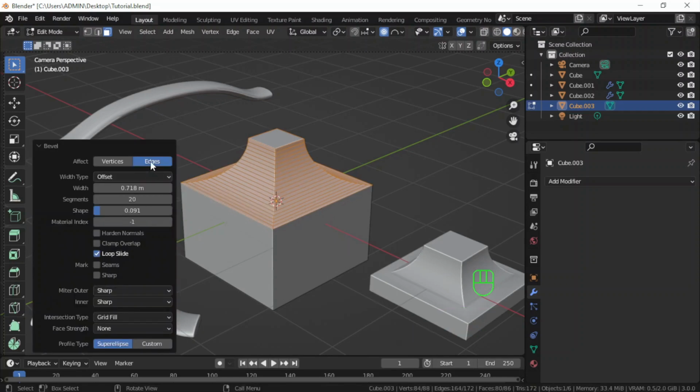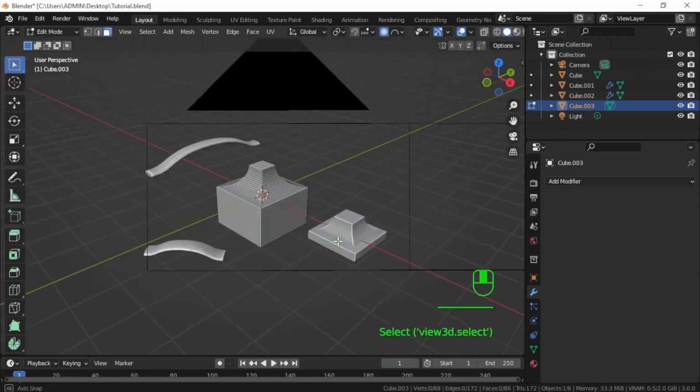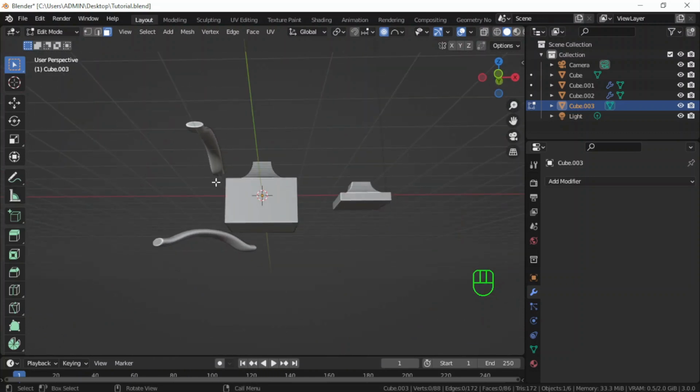So make sure you have selected edges, and then you set the width somewhere bigger than 0.5. You increase the number of segments. I have set them to 20, and then the shape is normally around 0.5. You shall reduce it towards 0 so that it bends inside. I'll click to confirm and then select this lower face